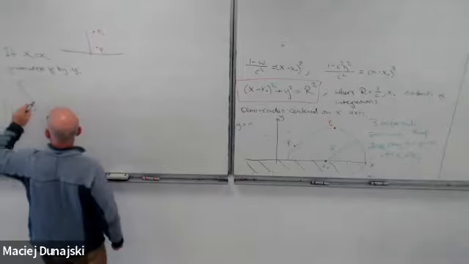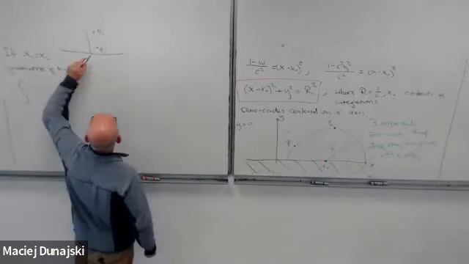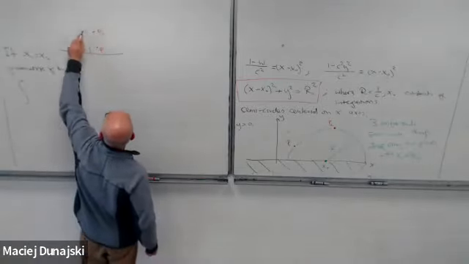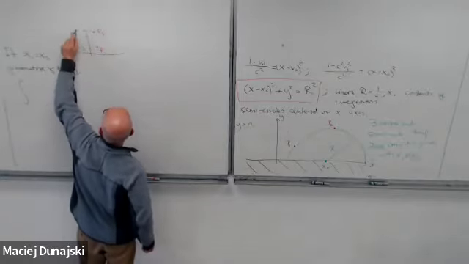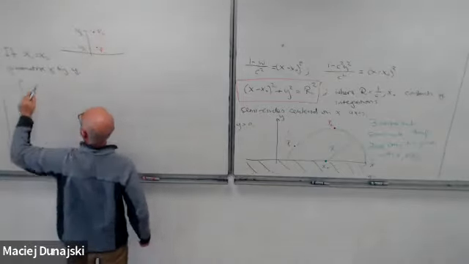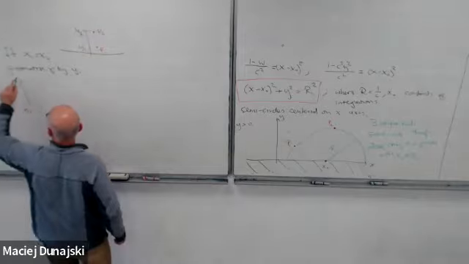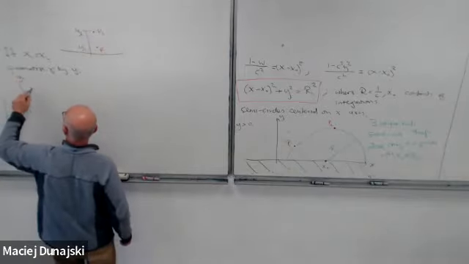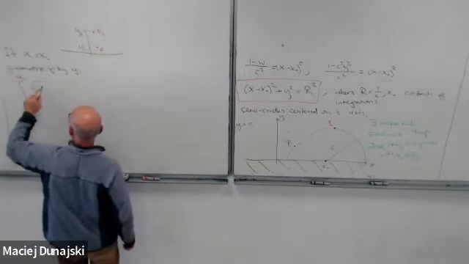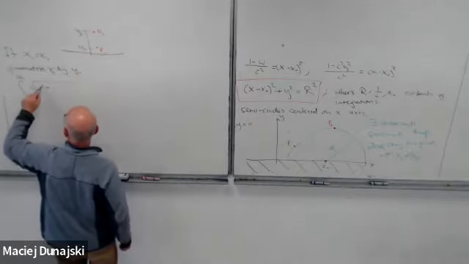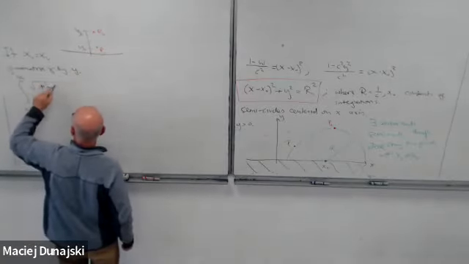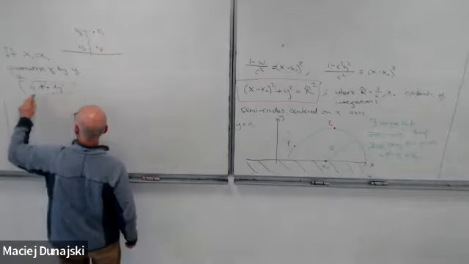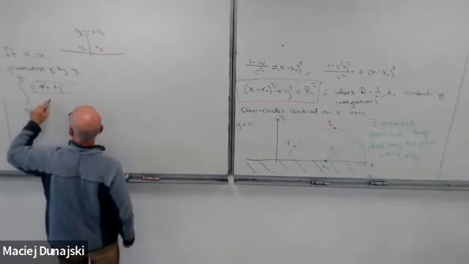These points have different y values, y1 and y2. I have the integral from y1 to y2 of 1 plus, well, x squared plus y squared over y,